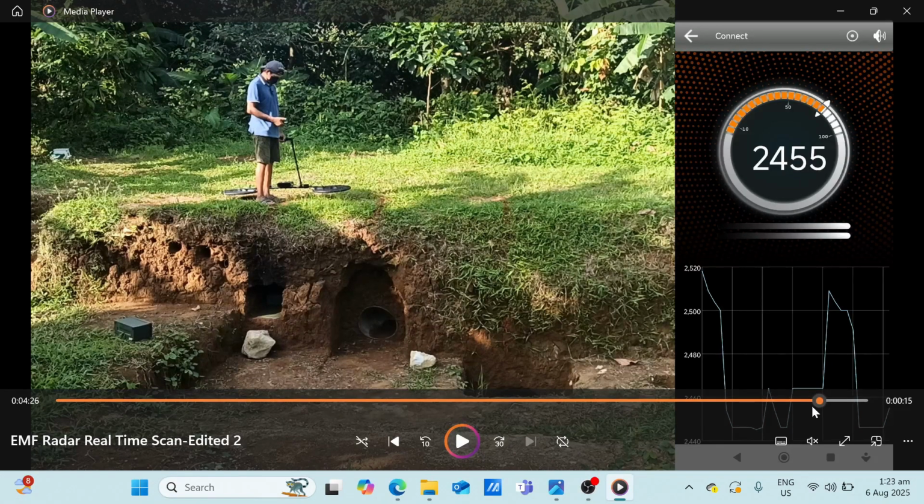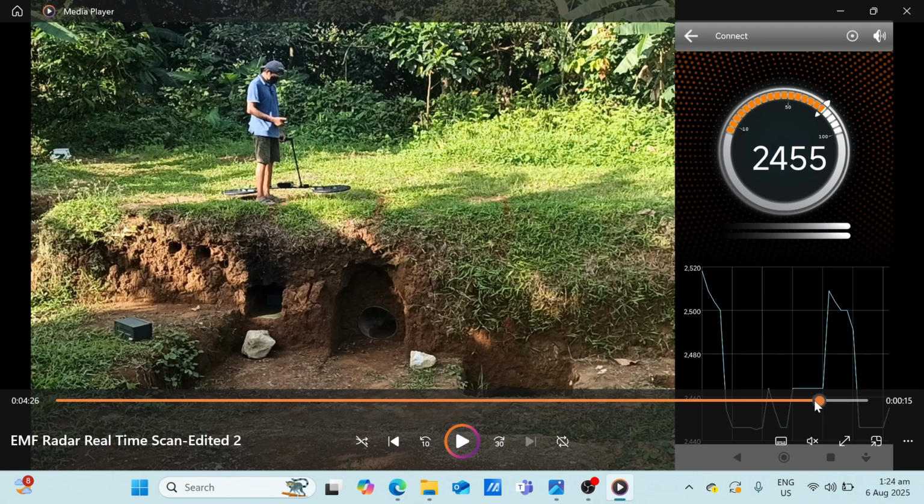So take note that if we are above the target, the reading is 2400. The value fluctuates, but it almost stays at the 2400 range.